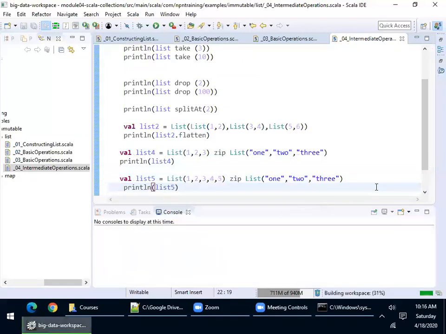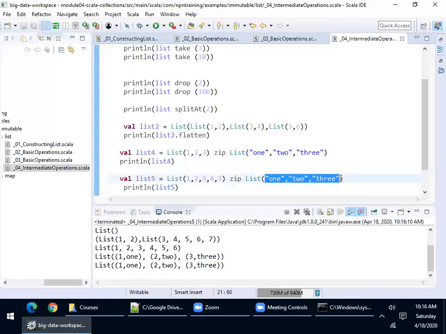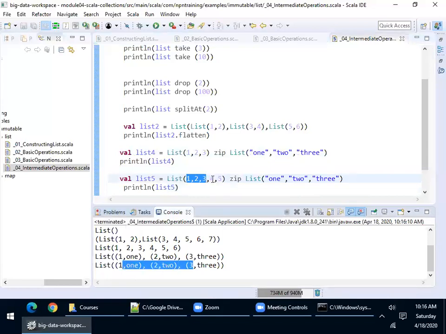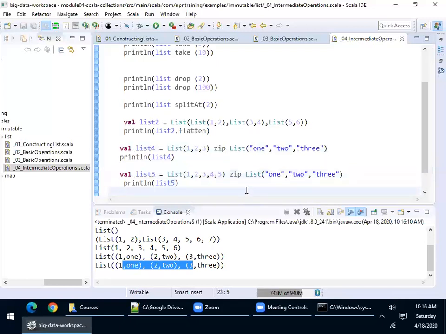Control F11. Now in this case, it only takes whatever values are available. Can you see this, 1, 2, 3? For 4 and 5 we don't have anything, so it has removed those. Clear? You can try different combinations, like this one less and this one more, and see what happens.